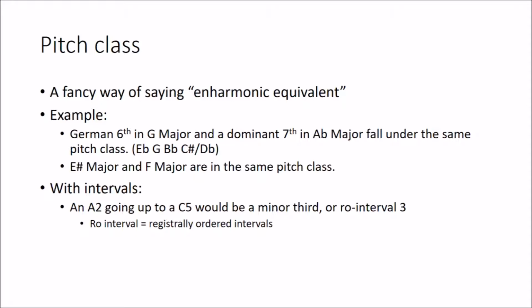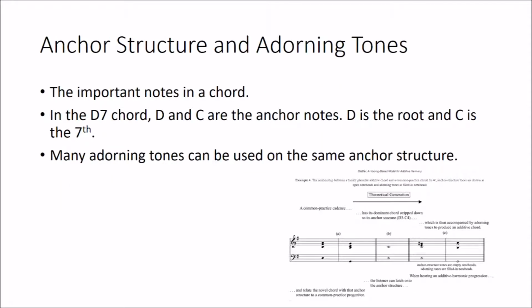You're used to listening to a full cadence with all the chord tones in place. You expect it in most songs you listen to. It turns out that there is an anchor structure to this, which are the most important notes in the cadence that are defining notes of the chord. So if you keep the anchor structure, take out the remaining notes, you can add in new notes called the adorning notes. Listening to the new structure will remind the listener of what the full cadence sounds like. This is because of the anchor structure. Now let me play both of these.